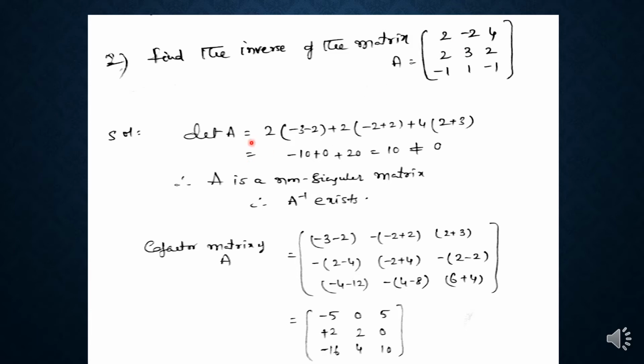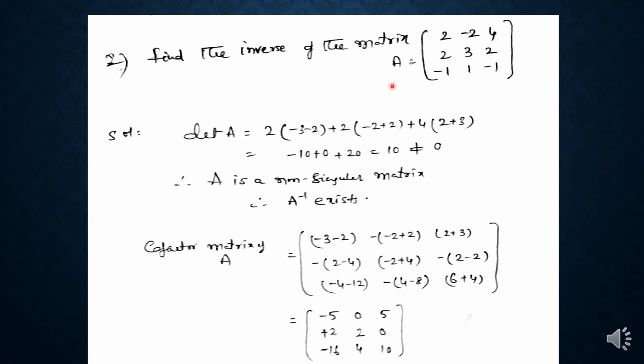So here det A can be calculated by using Laplace expansion by taking any row or any column. Usually we are taking the first row to evaluate the determinant. So det A is equal to 2 into, by deleting the first column and first row, we will get 3 2 1 minus 1. That means by finding this determinant, 3 into minus 1 minus 3, minus 2 into 1 minus 2, minus 3 minus 2. While taking the second element, this gets a minus symbol for the cofactor. So we should take minus here.